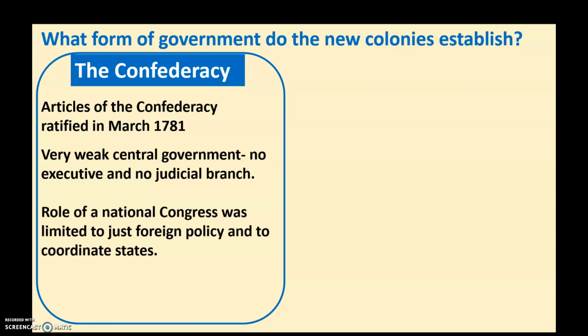There was a Congress. It was limited, though, just to foreign policy and trying to coordinate the states. So I think the idea was, if we get threatened, if, say, the French decide to attack Georgia, then this National Congress would get all the other states to line up and agree what action they were going to take. But all political power was held by the 13 individual colonies, New Hampshire, Georgia, Virginia, etc. It's like an even looser version of the European Union, I suppose. You've got these individual sovereign colonies or states with very weak political ties between them.